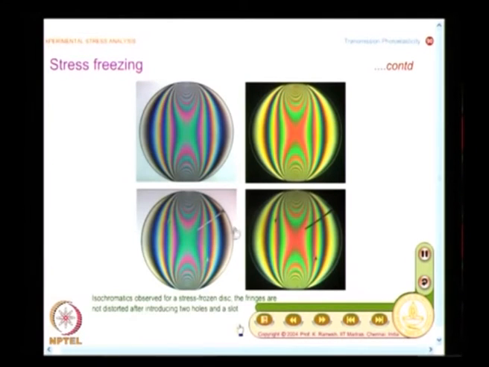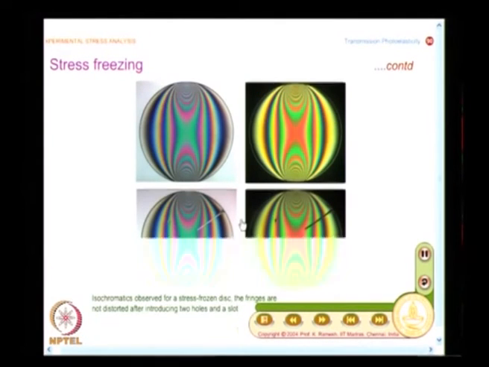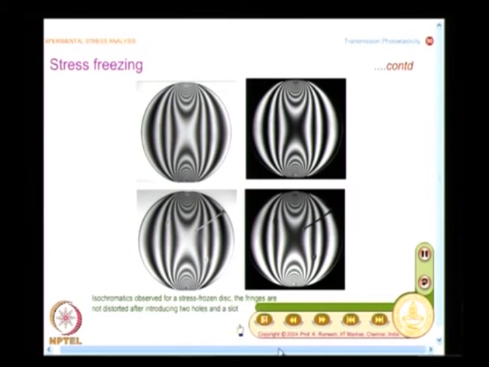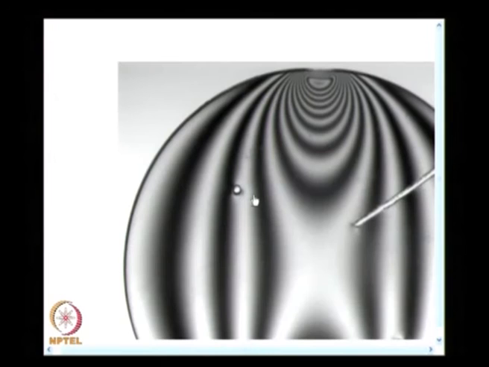But the point is well made, that a thermal cycling process can freeze the stresses. That is very important. The second aspect is, by careful machining, it is possible to cut slices which retain the stress distribution. And this is shown in color, and you have also the patterns recorded in black and white, because the black and white, even if I take this hole, you would not see that subtle difference.